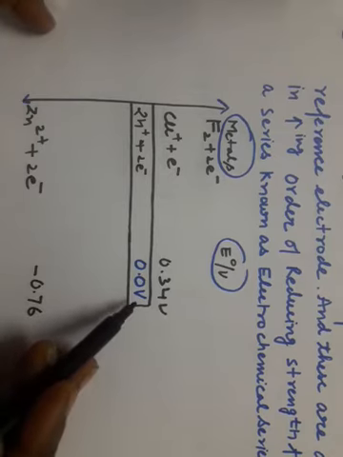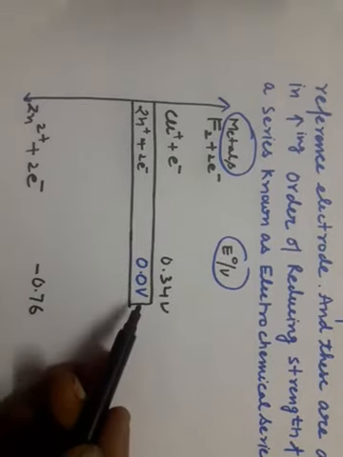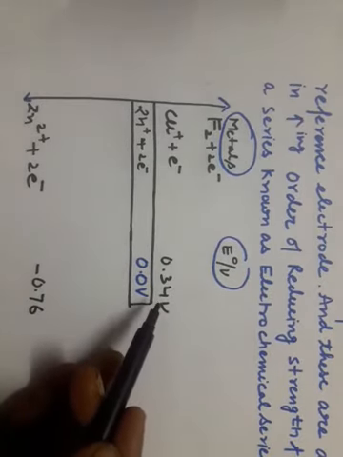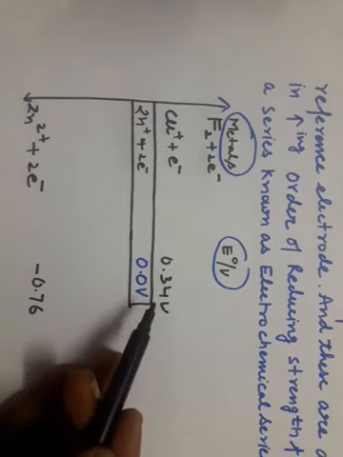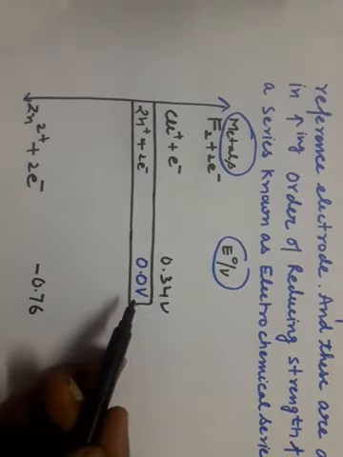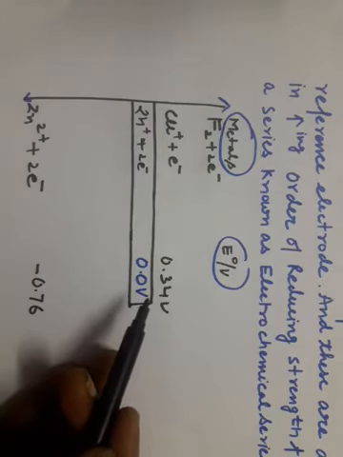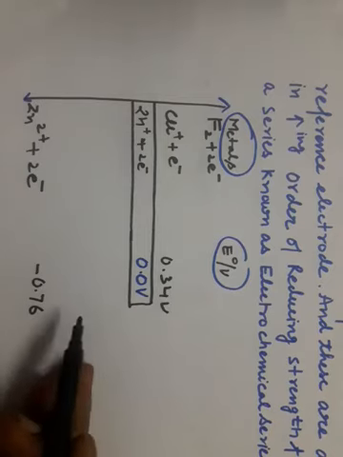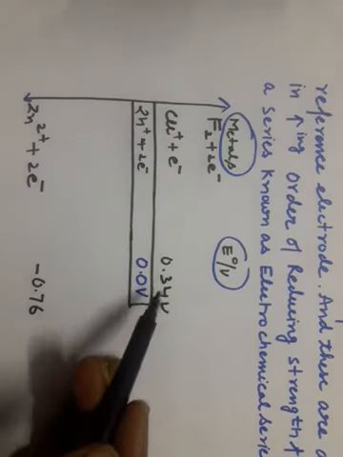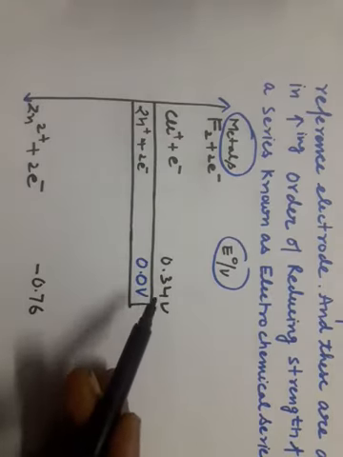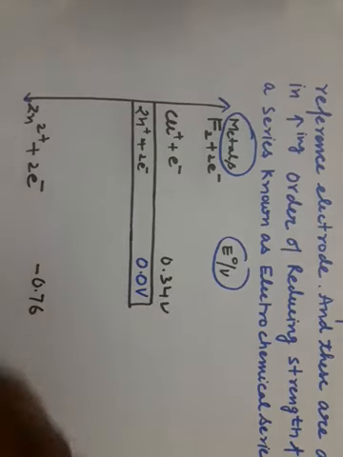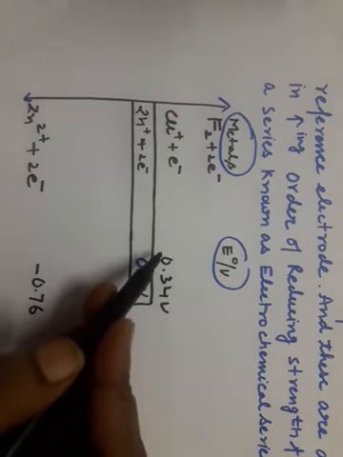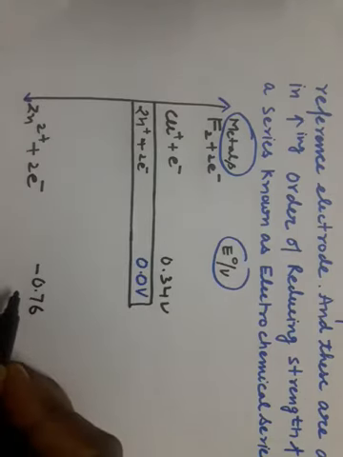And if we are discussing copper and hydrogen, then copper has greater reducing strength, greater reducing tendency than hydrogen. So positive means the metal has tendency to reduce and negative means the metal has no tendency to do reduction with respect to hydrogen. If we are dealing with two metals, copper and zinc, then copper is ready to do the reduction and zinc is not ready to do the reduction. How have we decided? By seeing their signs. Here the copper is positive and zinc is negative.